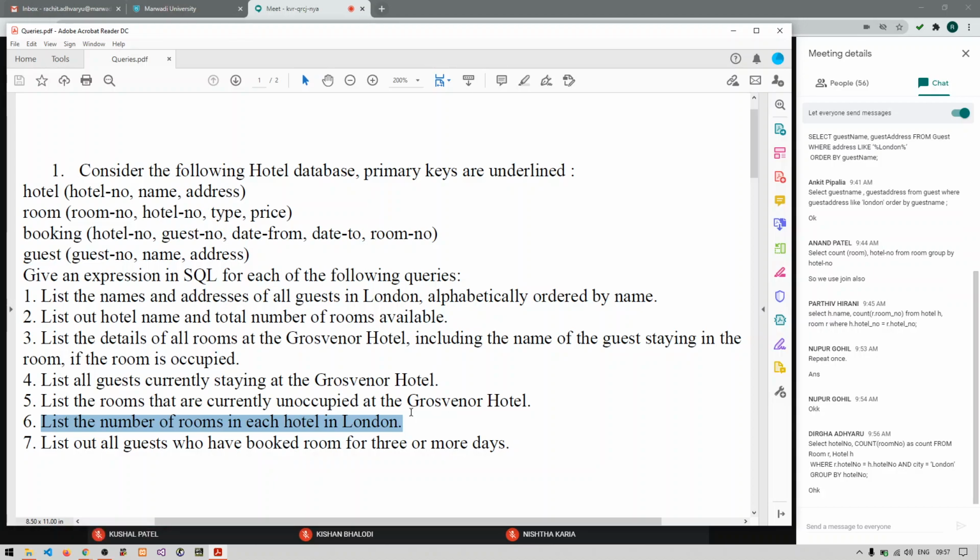That would be okay. So almost the right answer, only the end part of the query is incorrect. That would be like where R.hotel_number equals H.hotel_number and H.address like '%London%' group by hotel number. That is okay, right? So the query is correct.